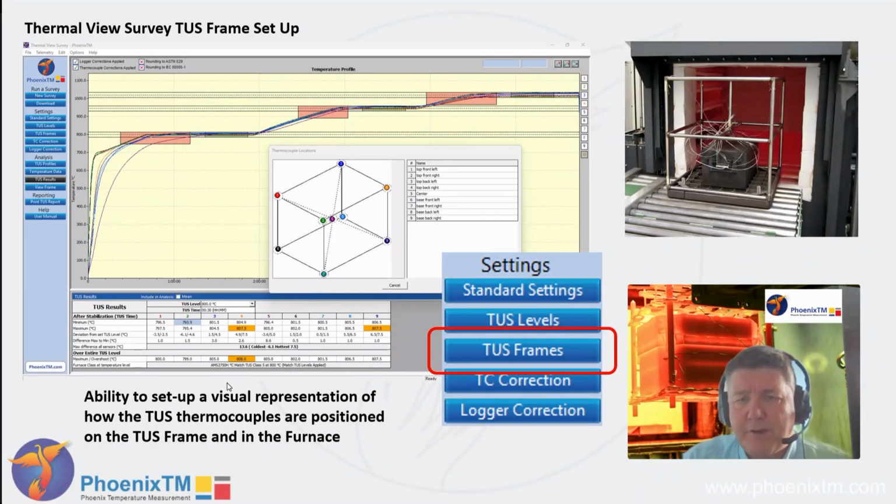A critical requirement of any temperature uniformity survey is positioning the thermocouples in the furnace repeatably and reporting their location accurately in the survey report itself. In the application photograph on the slide in front of us now, you can see the frame whereby the thermocouples are at the 8 coordinates of that frame and in the center of the frame to give a 9-point survey,